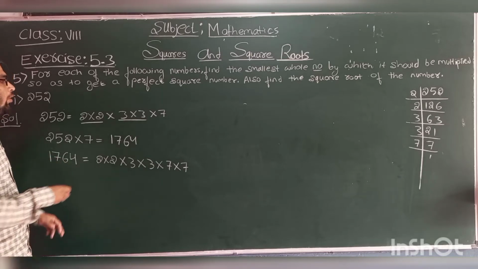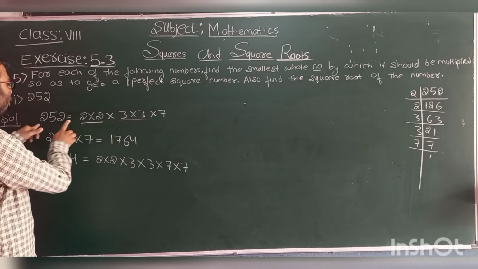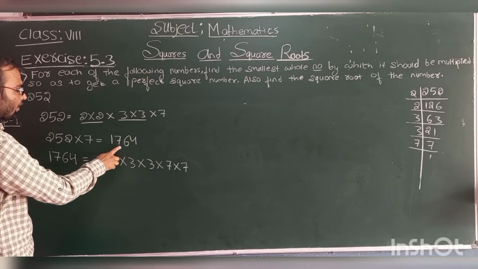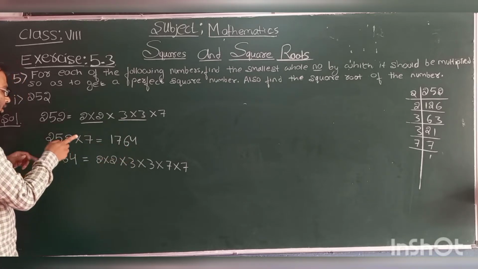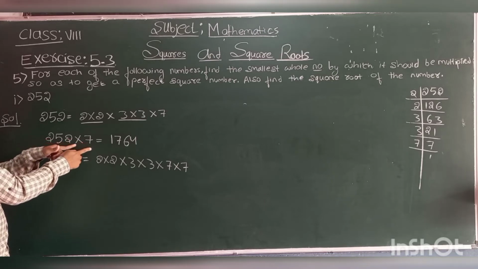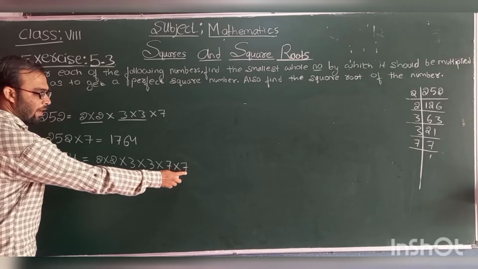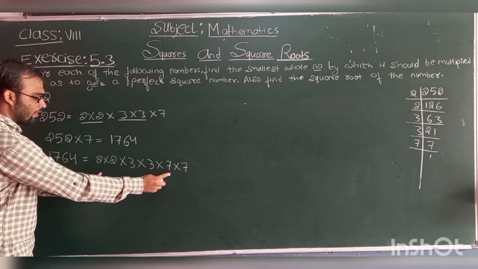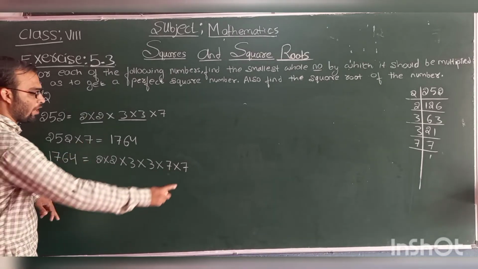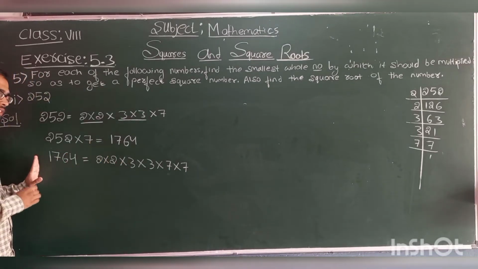Look at here, up to this, these are the factors of 252. Now we have got 1764 by multiplying 7 to 252. As we have multiplied 7 to 252, we have taken one more 7 here. So we have multiplied one more 7. So up to here, these are the factors of 252, and as we have multiplied 7, I have multiplied 7 here. In this way, we can write the factors of this number easily.